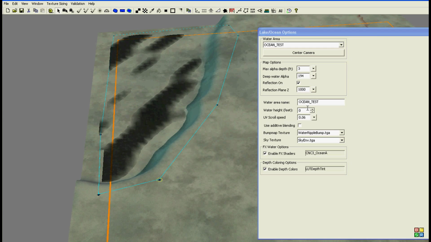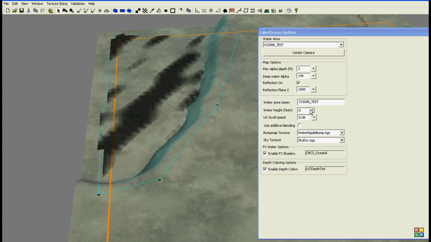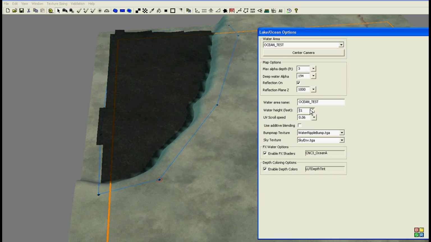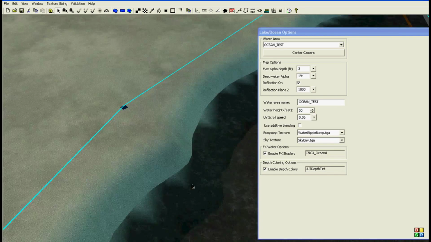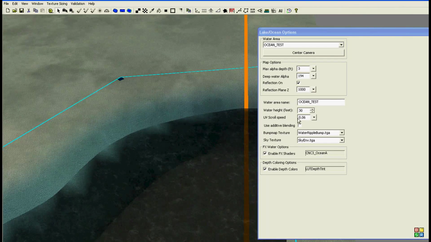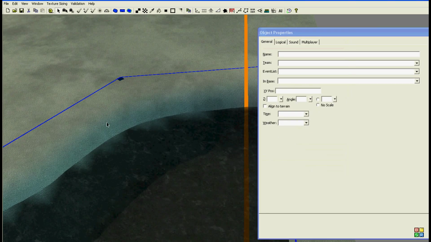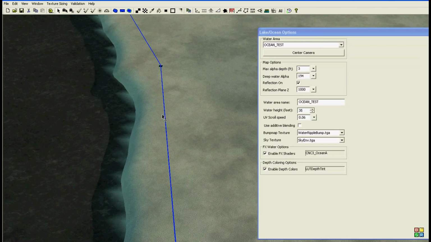Now what we're going to have to do is raise the water with the water height feet tool. Well, not tool, but you know, a button. If we raise this up, as you can see, the water is rising, say to 30. That gives us a nice edge to work with. So let's go to 35. We have ourselves a nice river. Now if we click on this again,